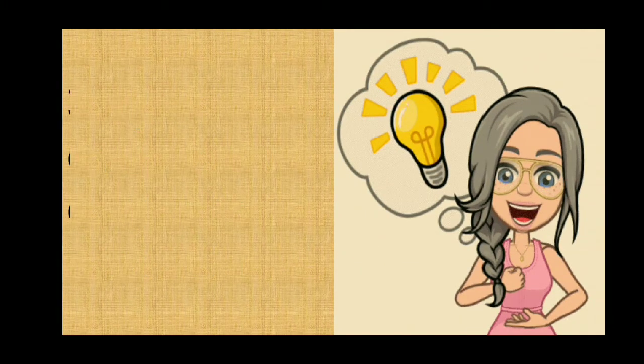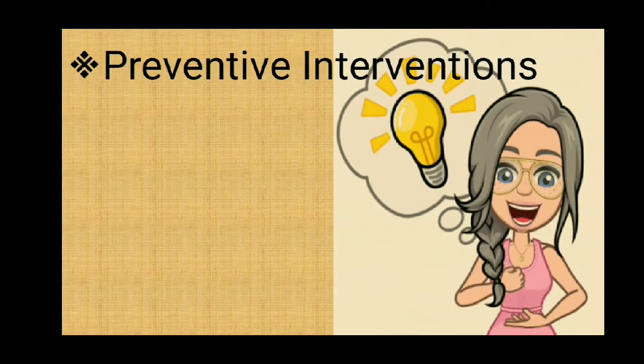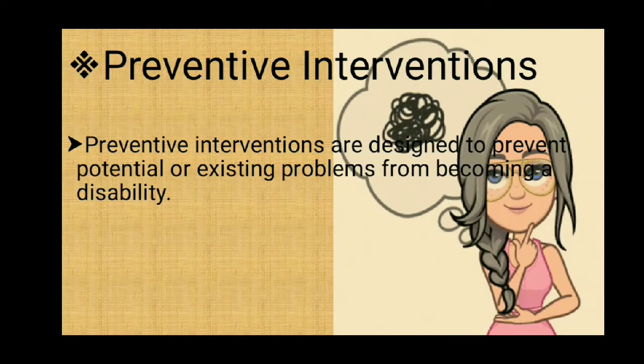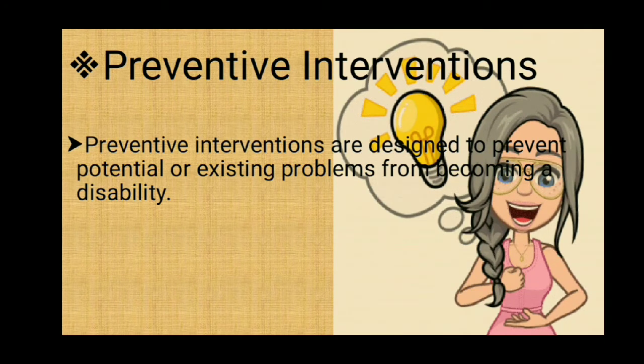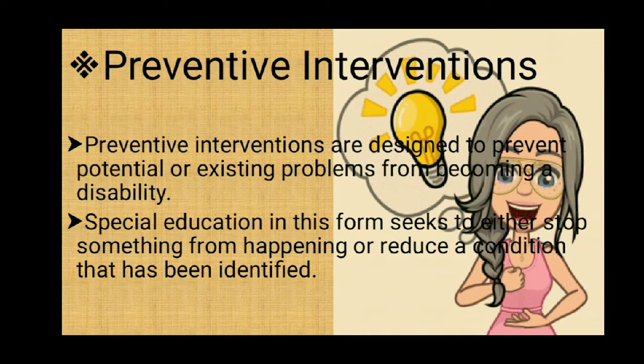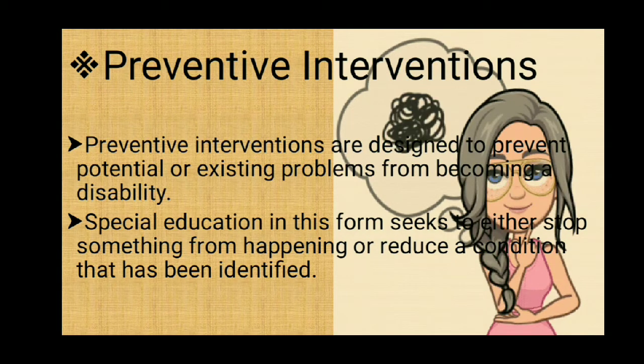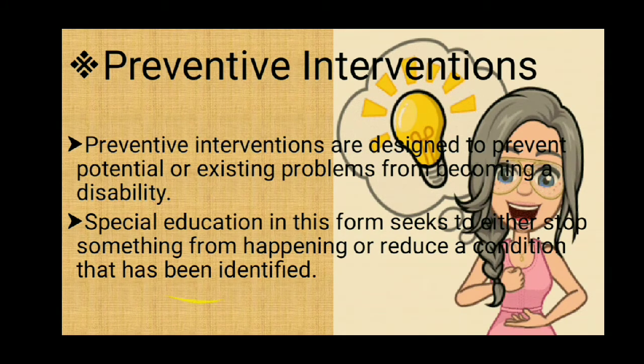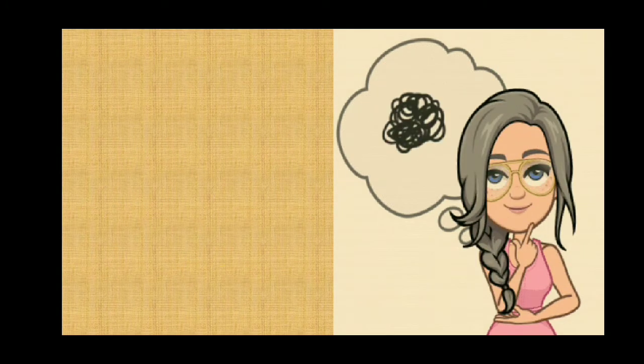So the first type of educational intervention is preventive intervention. When we talk about preventive intervention, they are designed to prevent potential or existing problems from becoming a disability. Special education in this form seeks to either stop something from happening or reduce a condition that has been identified. And